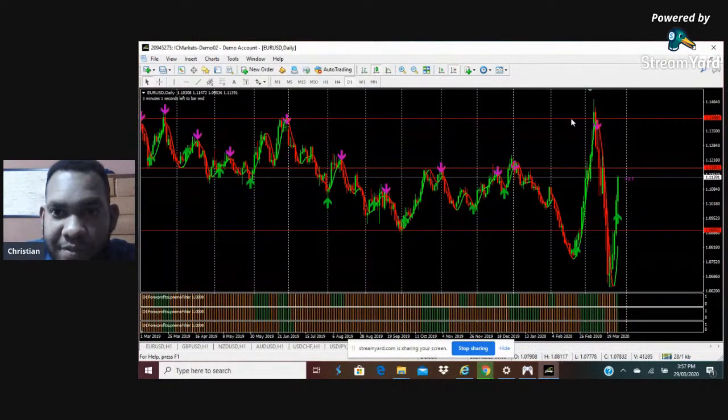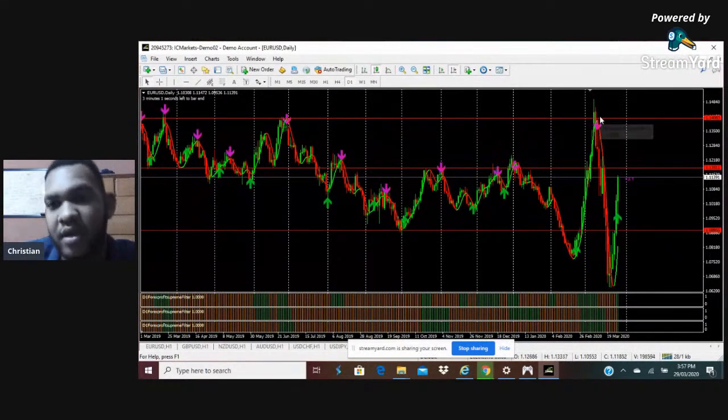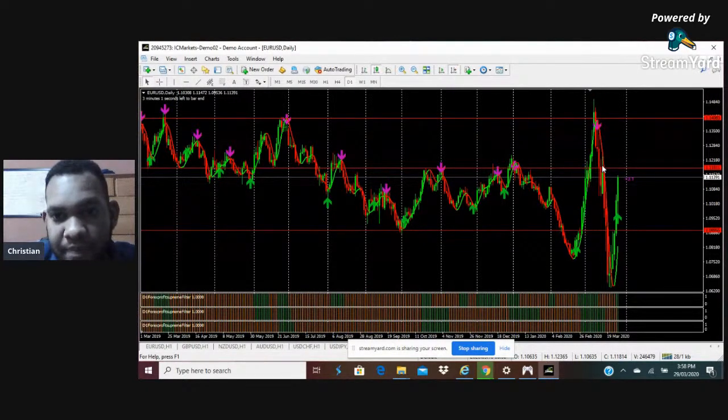Which respected this particular resistance line of previous months, and it practically went down, broke, I believe that was January high, December high. Broke, went down